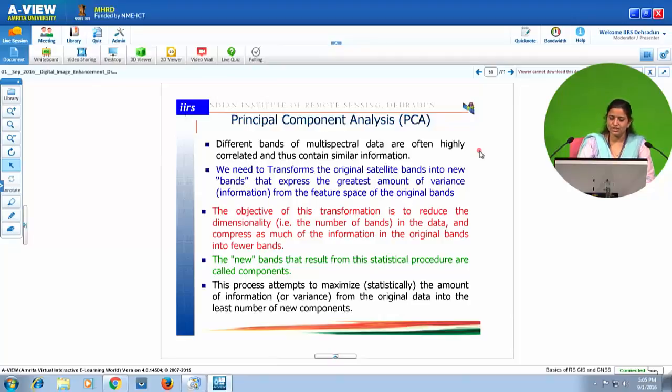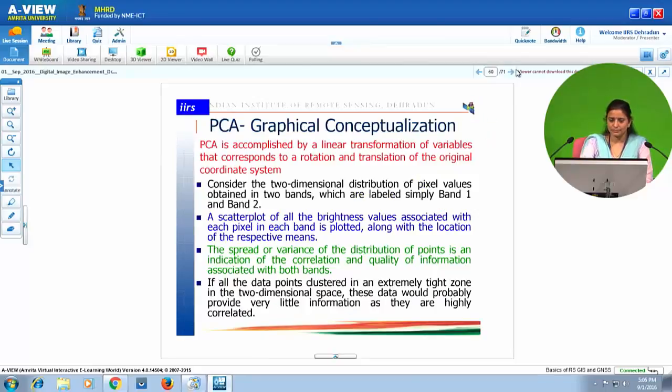The objective of this transformation is to reduce the dimensionality in the data and compress as much information in the original bands into a fewer number of bands. The new bands that result from this statistical procedure are called components. This process attempts to maximize the amount of information from the original data into the least number of new components.